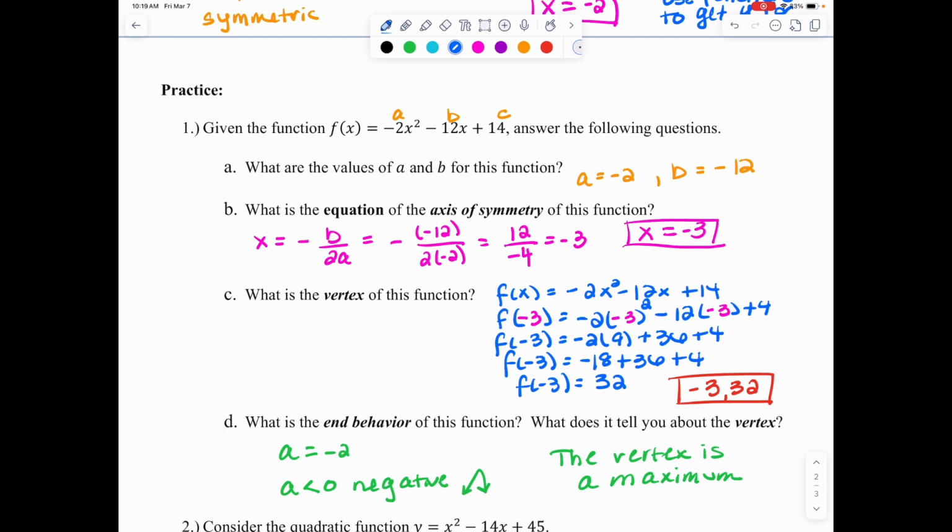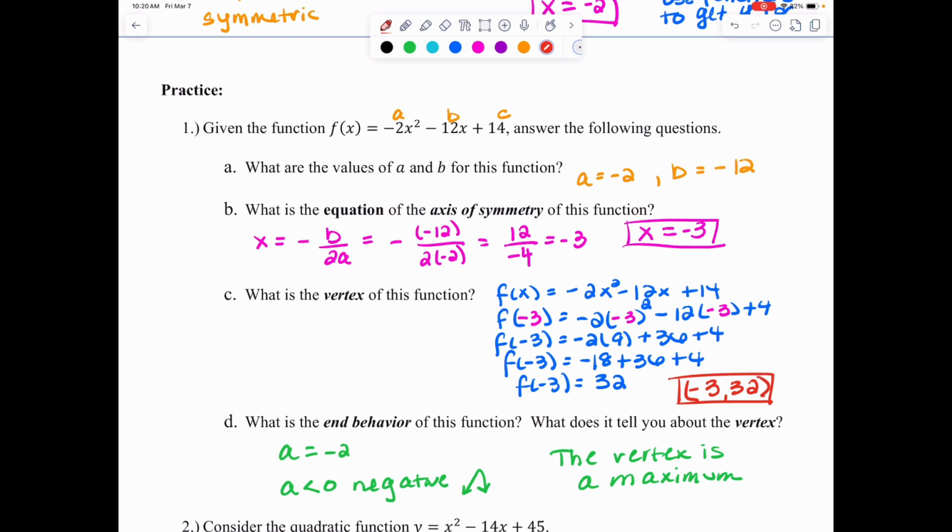All right, now that you had a chance to try the questions on your own, let's go over the answers. So we identify A, B, and C. In A, they asked us the values of A and B because we're going to need that for the equation of the axis of symmetry. So the A value is negative 2 and the B value is negative 12. So when you use the formula x equals negative B over 2A, you have the negative out in front and then you're putting a negative 12 in B's position. On the bottom, you're doing 2 times negative 2. So that's a positive 12 divided by negative 4, which is negative 3,